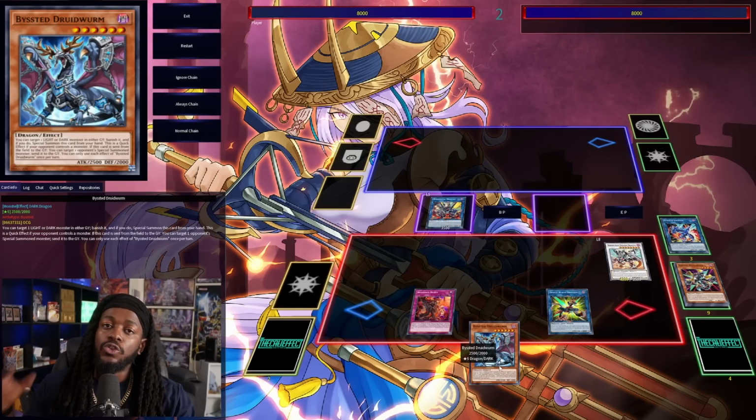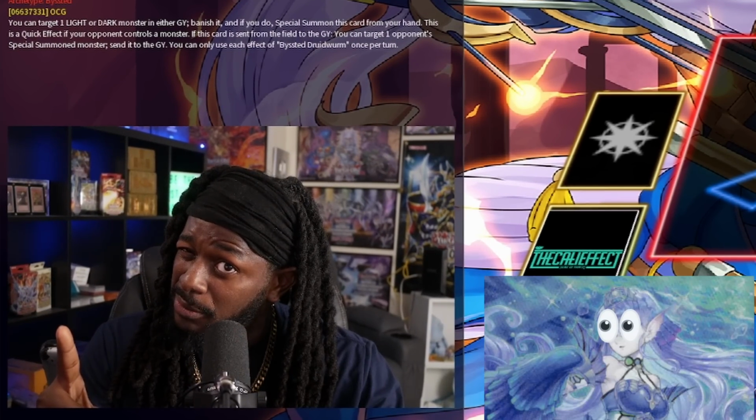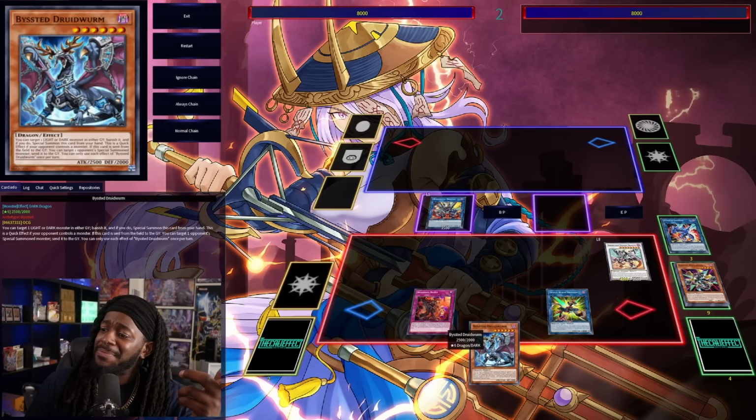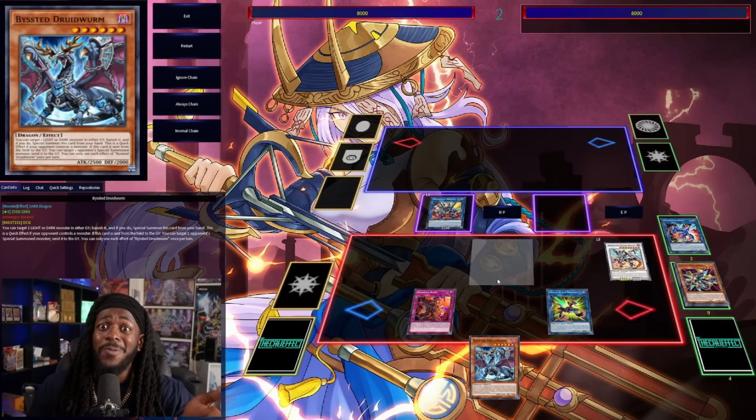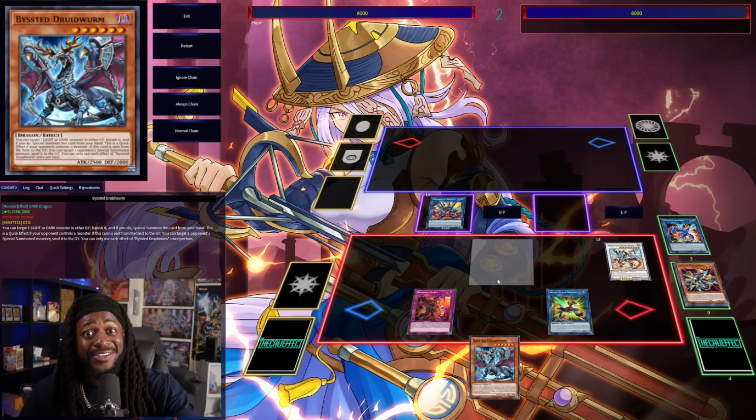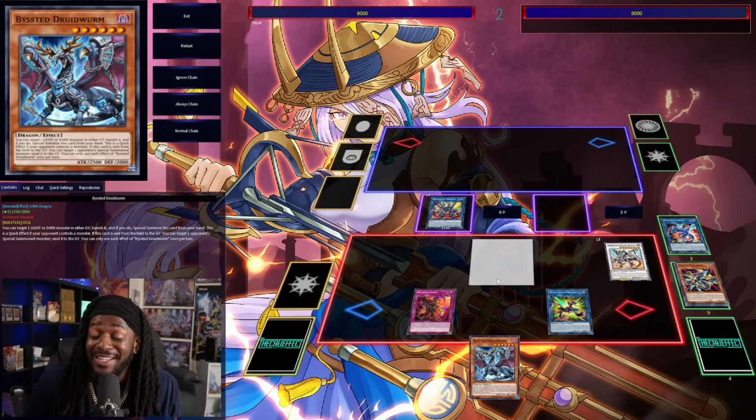We got Bestial Druid Swarm, which can banish an opponent's card if they control a monster. I'm looking at you, Tier Element. And then Branded Beast can tribute off Druid Swarm to destroy a card, and then Druid Swarm can send another card. But don't worry, if you still don't think that this deck is